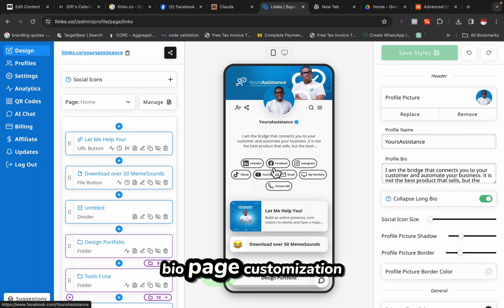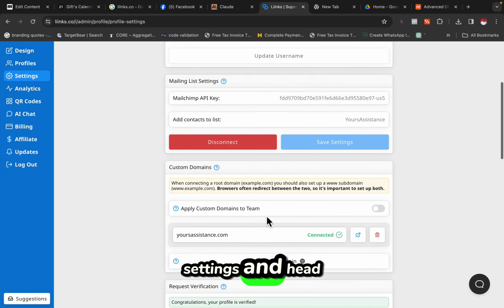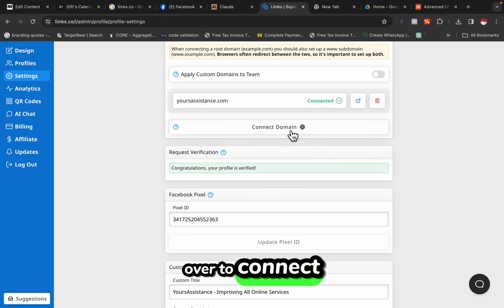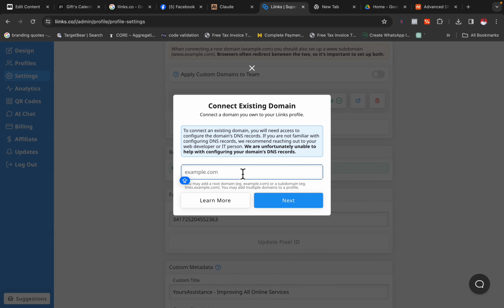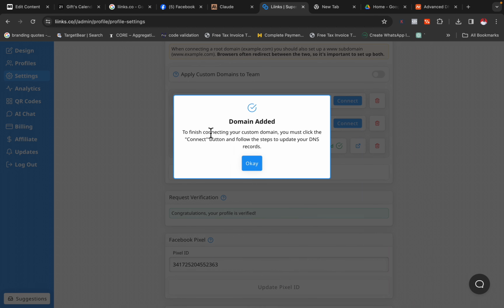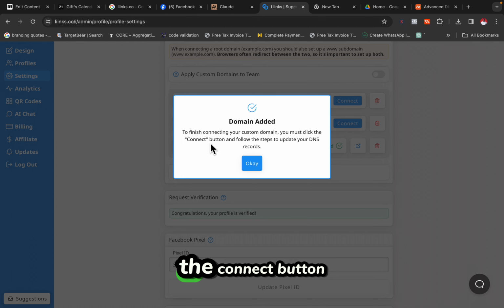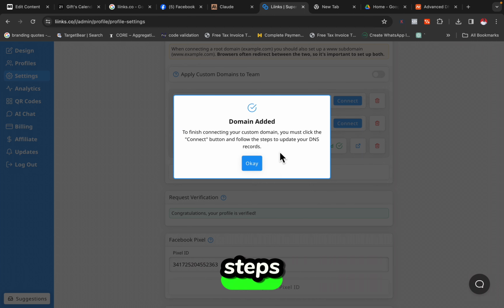So for our bio page customization, this is how to add the domain name you got from Namecheap to your links.co. So go to settings and head over to connect domain. I will go to yaxclass.com. Now click on next. Now to finish customizing your domain, you must click the connect button and follow the steps. Okay,